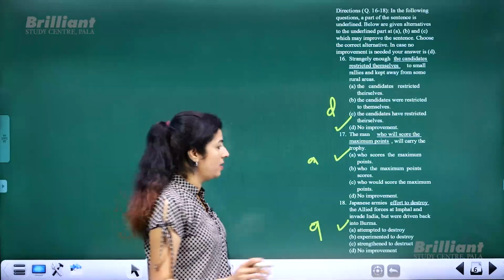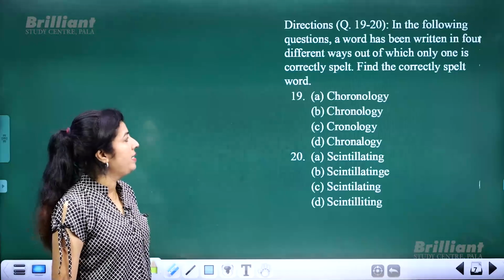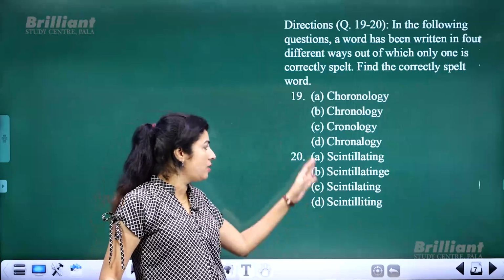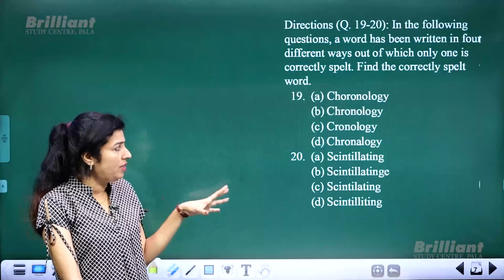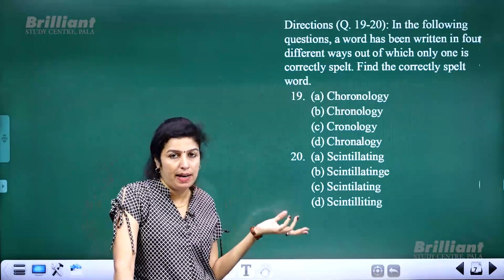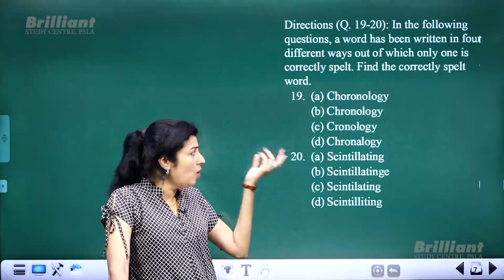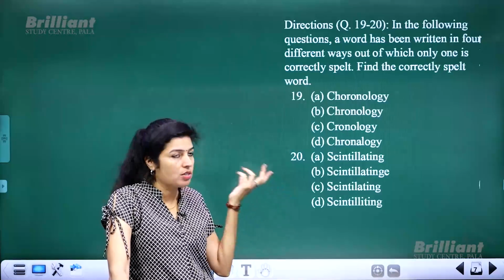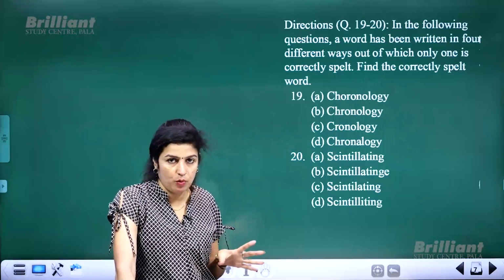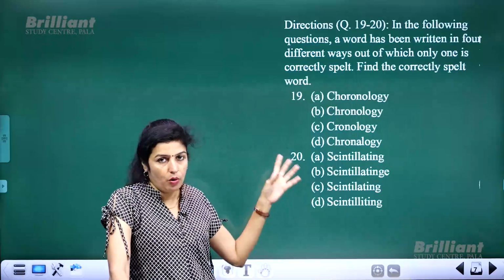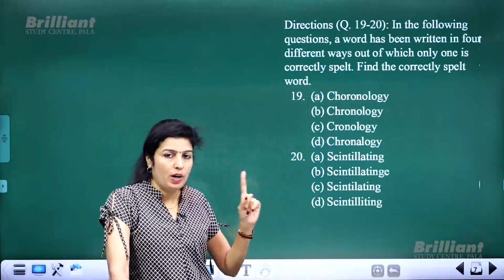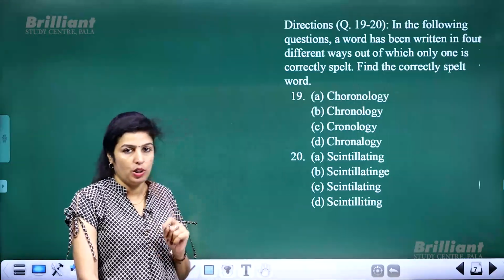Okay, now we have to find out from these two lists of words, a single word has been given with different spellings, and only one of the options has got the correct spelling of the same word. Okay, the same word has been repeated as 4 options, but only one option has got the correct spelling, and that is what you have to choose.